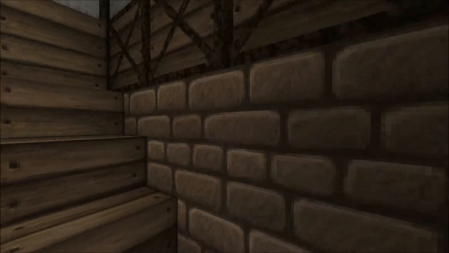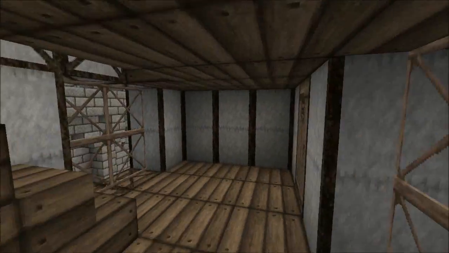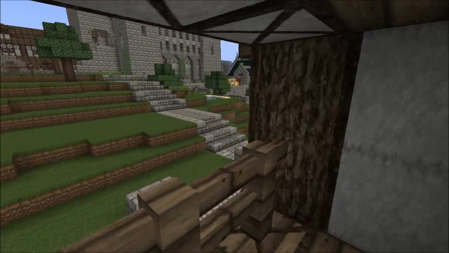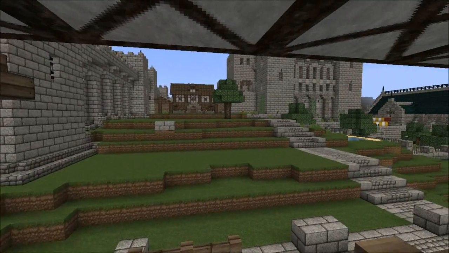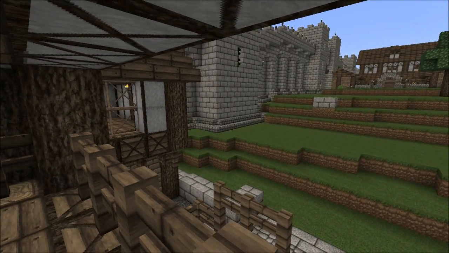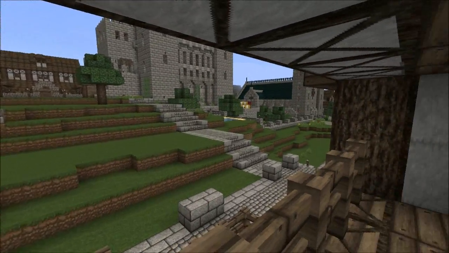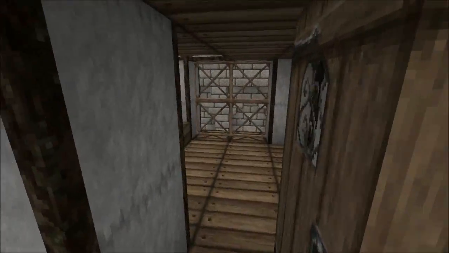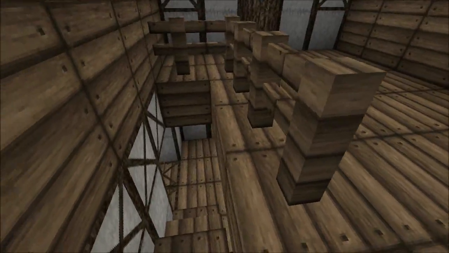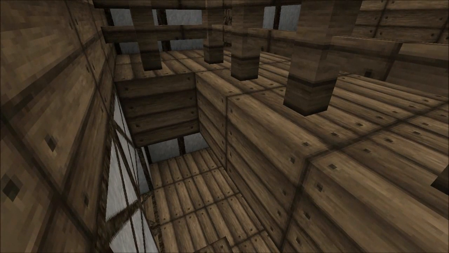Sorry about that. So this one, you go upstairs and there's this door that leads outside onto a little deck. And so you can look out over what will probably end up being the other half of the middle class district, because it's just going to be along that side there. But then you can go upstairs to the last room. And this room,